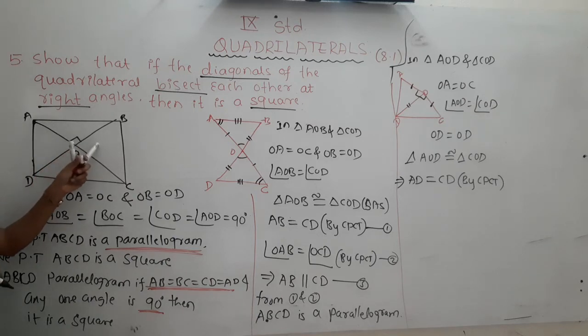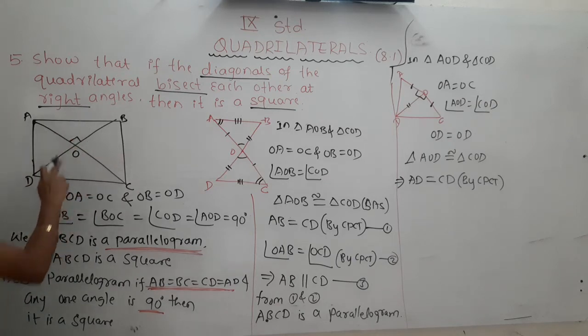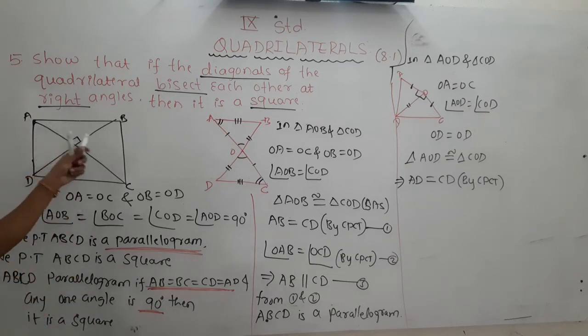If these two triangles are congruent, respective corresponding chords are equal. Yesterday we did one of the proofs like this. If AB equals BC, then we can conclude all four sides are equal.